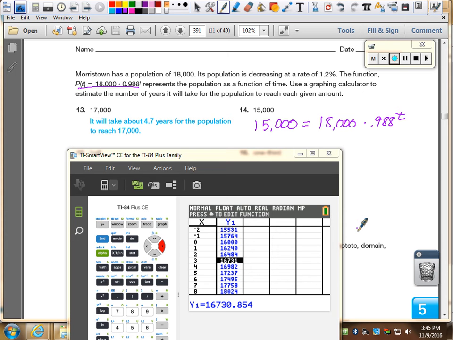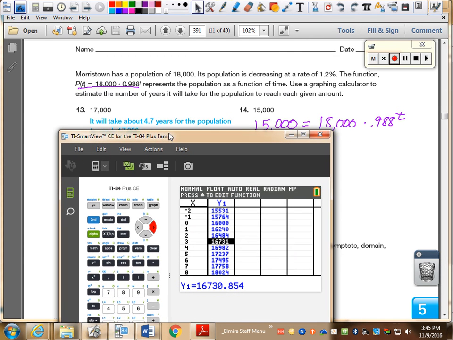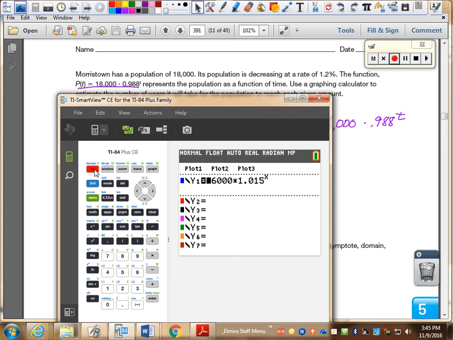And it wants to know what value of t. How long would that take? So we're going to use the calculator for this. There's really no other way to do it until you take Algebra 2 trig and learn how to do logarithms, which we're not doing. So we're going to put in the equation